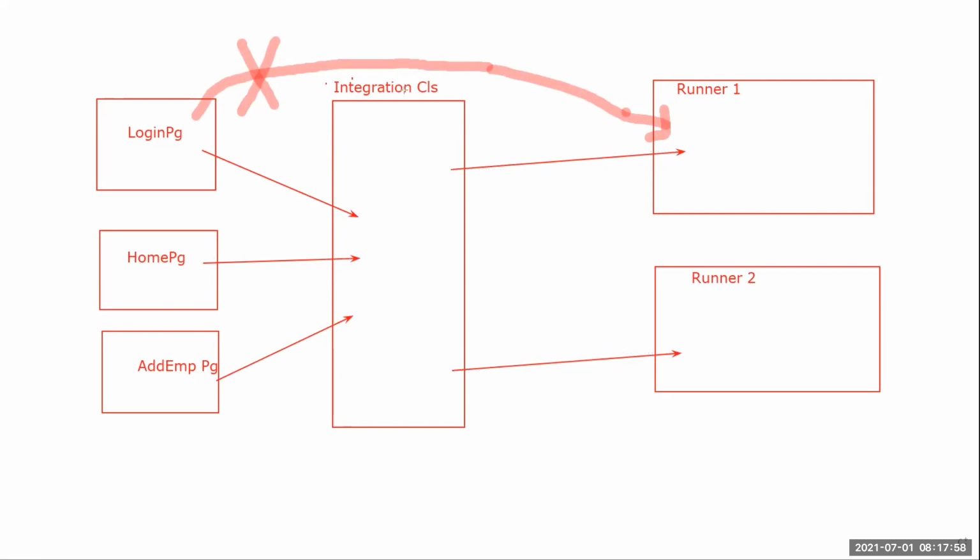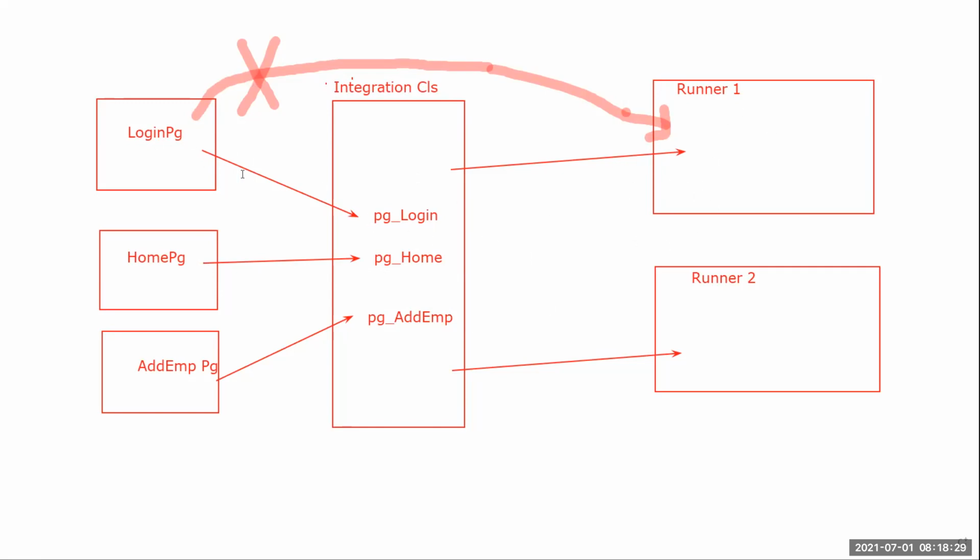Here I'll say pg underscore login, and then pg underscore home, pg underscore add employee. I'm creating some variables here. When I create an object for this integration class, I will be able to access these members. I'm not going to create variables again for these classes.